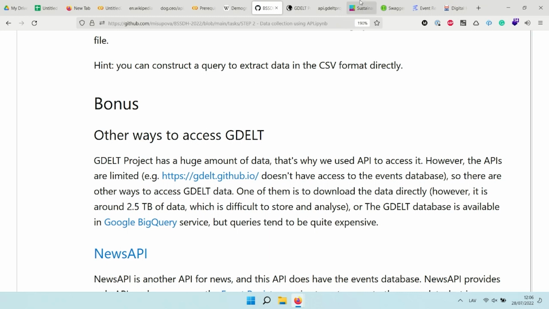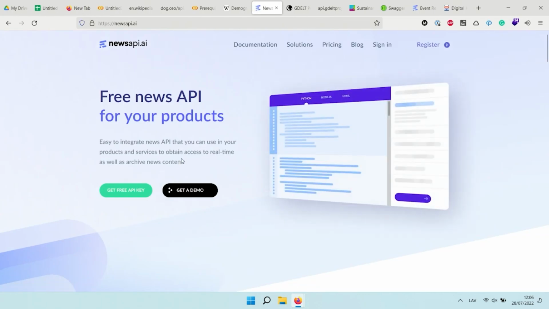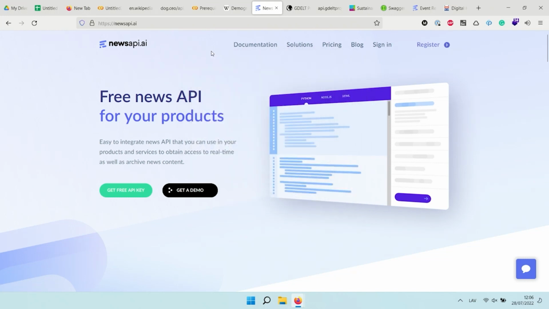And yeah, there is News API, which is another API for news, and I also won't be showing you that because there is a trial version, you can register and see yourself, but I won't be showing that again because it's paid, and unfortunately I couldn't create trial accounts for all of you. It's called newsapi.ai, and the related project is called Event Registry, which is basically the same owners, and in Event Registry you have access